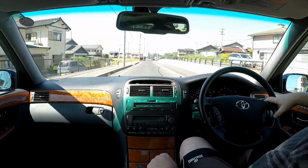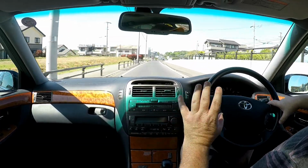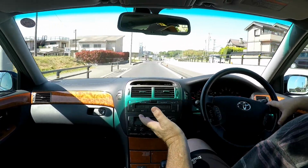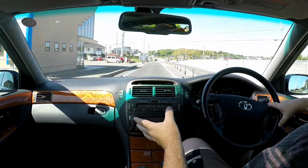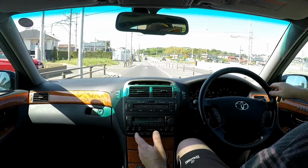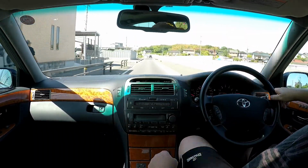And this car is really hard to explain without you seeing it in real life, feeling it and smelling it. It's really just like brand new. It's just such a nice drive. I've already had a good drive in it,